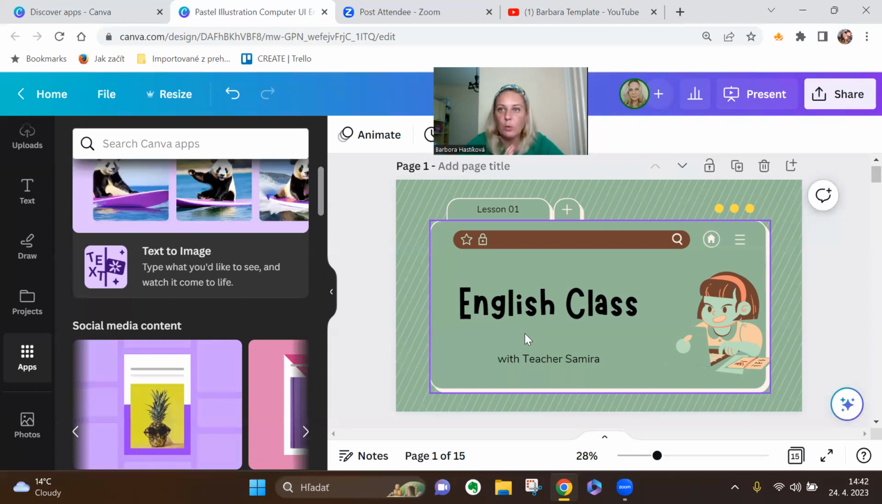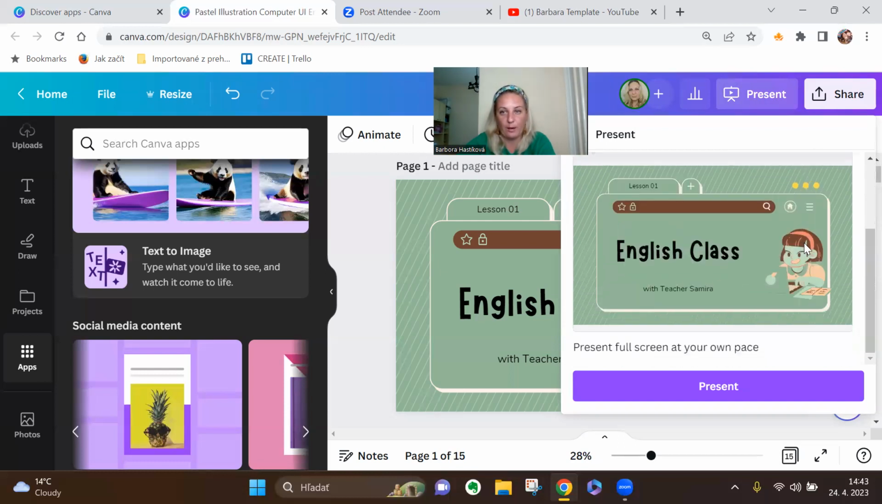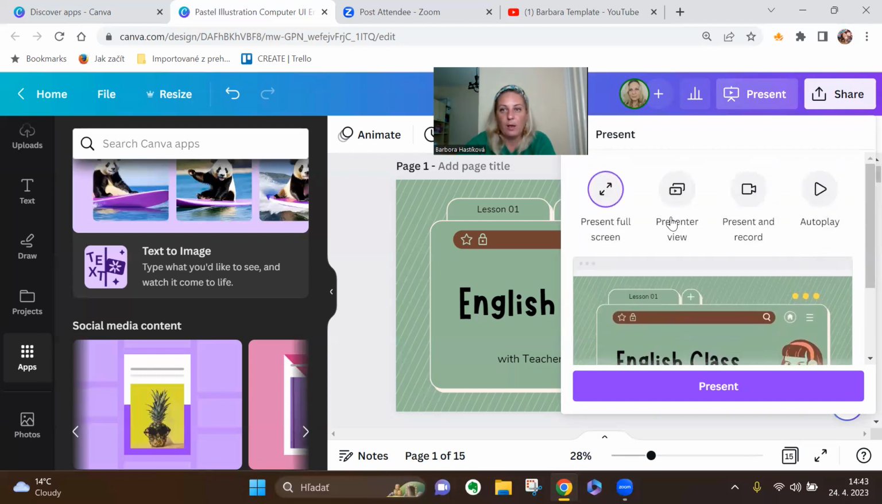One more thing I want to show you, it's a great tool about the way you can present the presentations. Yeah, this is why the presentations are really cool. You can record yourself. Yeah, there are different ways of presenting the presentation. So if you go to present, yeah, you can present the presentation in full screen. You can have the presenter view. You can present and record, or you can have the autoplay. Yeah. So if